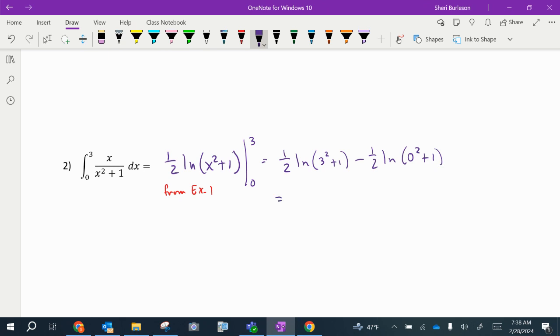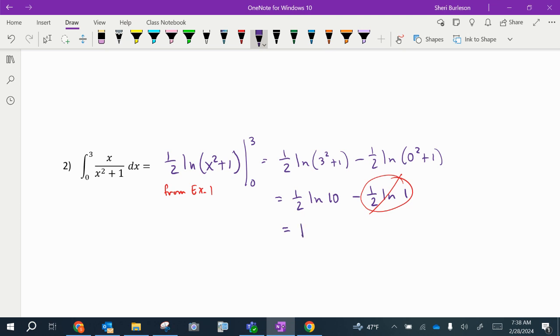So this gets me 1/2 the natural log of 3 squared, which is 9 plus 1 is 10. And this gets me 1/2 the natural log of 1. The natural log of 1 is just 0 because e to the 0 equals 1. So that becomes 0. So I can either leave this as 1/2 the natural log of 10, or I can